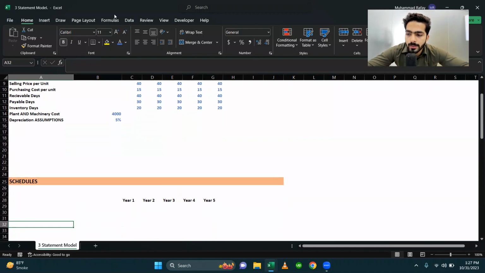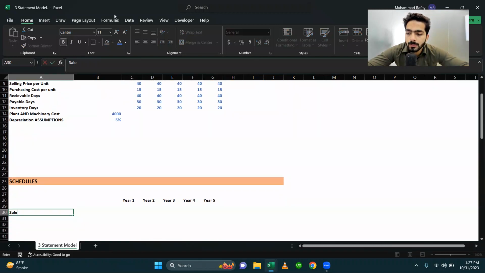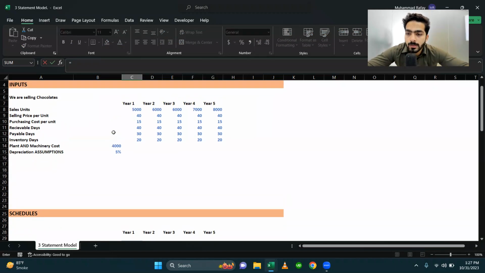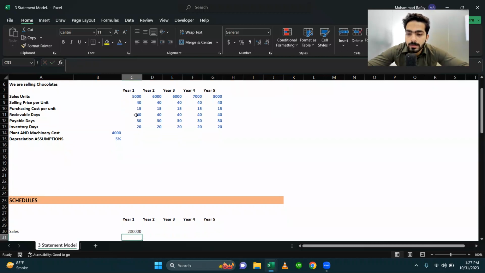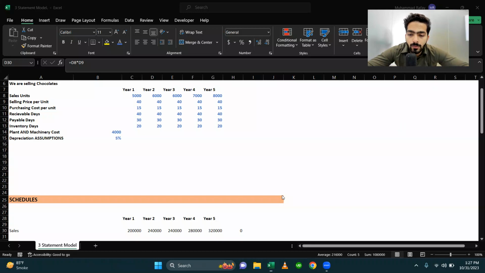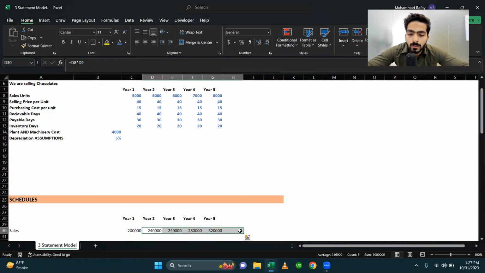How will the sales be calculated for year one? The year one sales will be calculated using the formula of number of units multiplied by selling price. The number of sales units is 5,000, multiplied by the selling price of $40. We're going to multiply that, and we will copy and paste this for the next 5 years. Then we got the sales for our